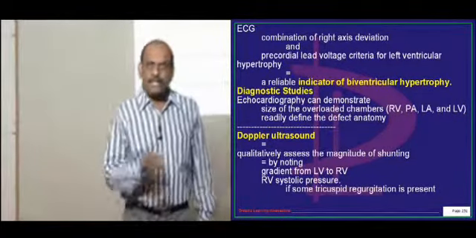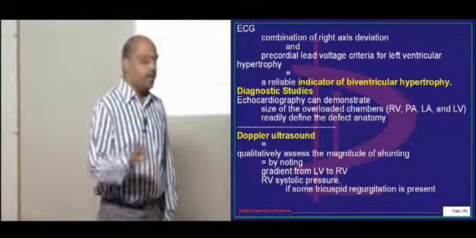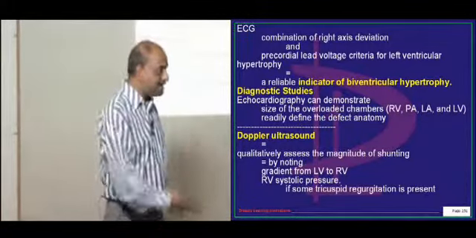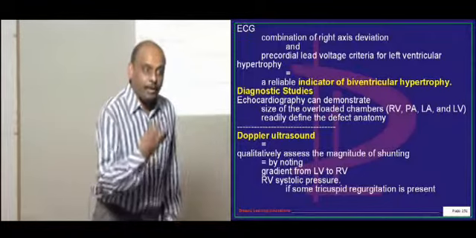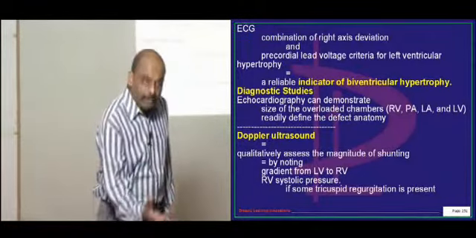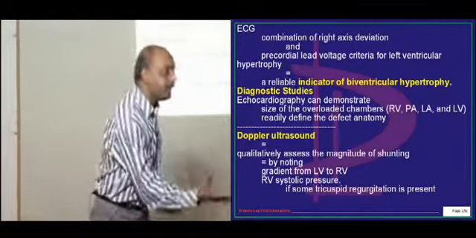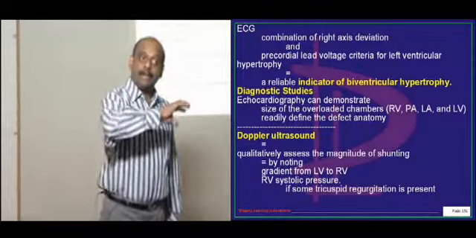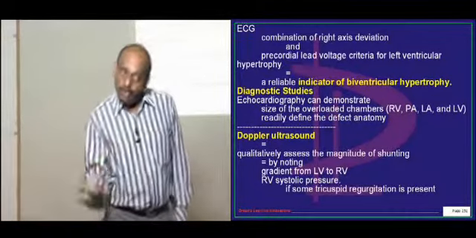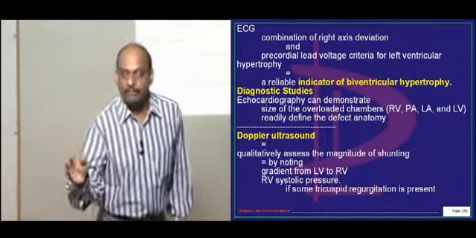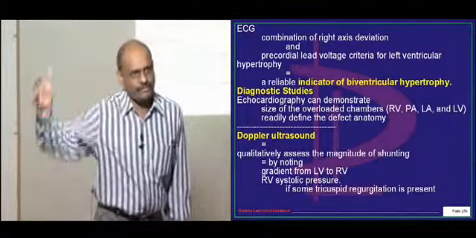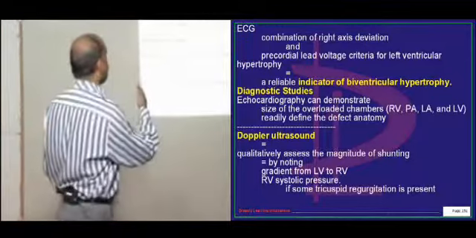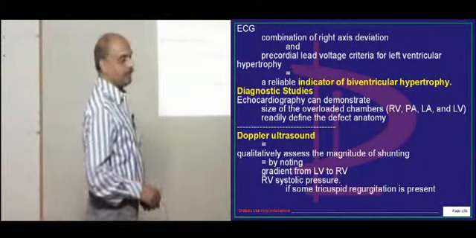Because in the VSD initially there is a normal ECG. Later on it is left atrial enlargement and left ventricular hypertrophy with a left axis deviation kind of pattern. But a point of time will come where it will be biventricular hypertrophy. How do you identify that biventricular hypertrophy? It is the typical right axis deviation along with the left ventricular hypertrophy pattern, with tall QRS complexes in V6 and V5, which is highly indicative of biventricular hypertrophy.